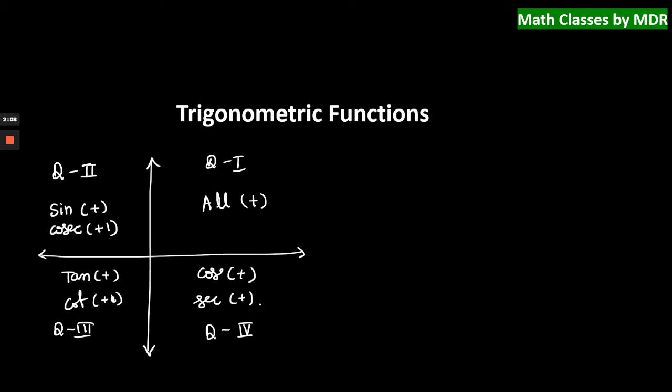So I mean to say that if you come across any trigonometric ratio of an angle from 0 to 90 degrees, that always gives you a positive value. If you come across an angle between 90 and 180, let us say sine 120, sine 120 will give you a positive value, but if you take cos 120, that gives you a negative value because 120 comes into the second quadrant. So in the second quadrant, sine is positive, cos is negative. Sine is the only trigonometric ratio which is positive, and its reciprocal is positive, right?